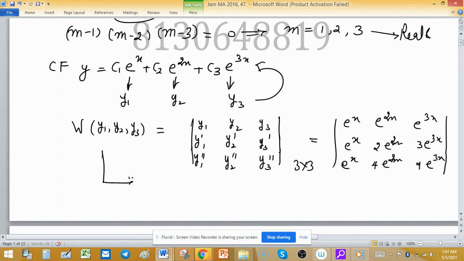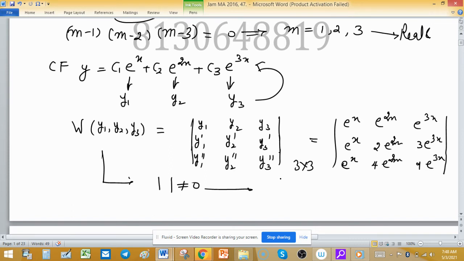If solutions are linearly independent, in terms of the determinant, it should be not equal to 0. Also in terms of rank, this is a full rank matrix, because when we use the Wronskian or determinant method to check whether vectors are linearly independent in linear algebra, we also check the determinant. In terms of rank, the rank should be 3. So in many ways you can say this.